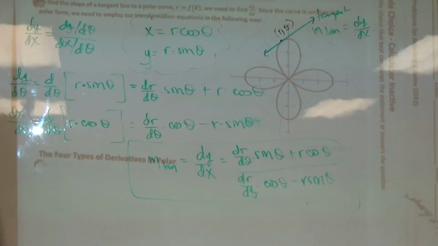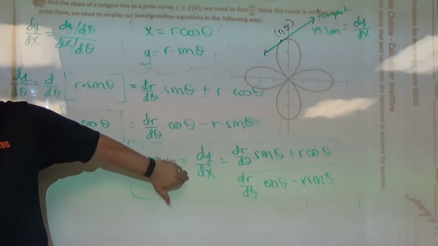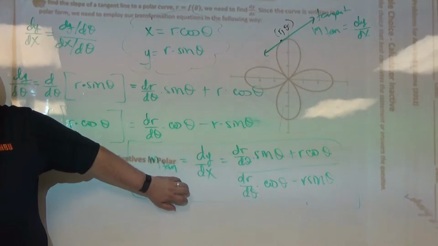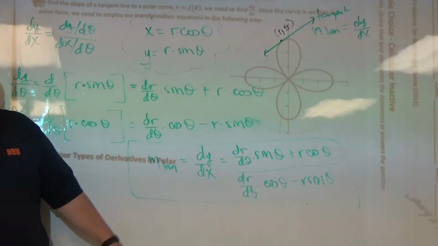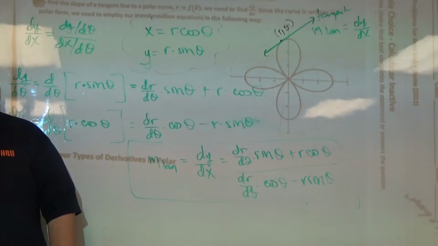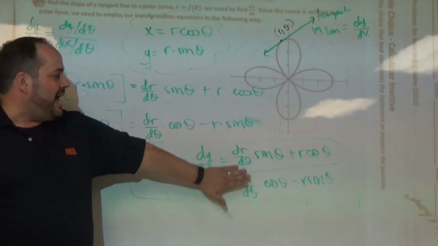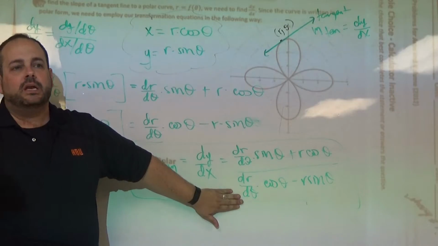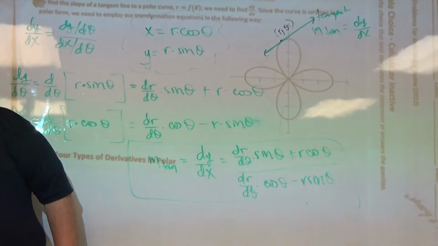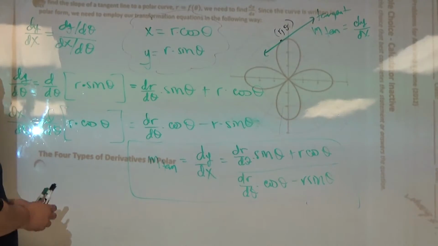Honestly, I would not bother. I truly do not have this memorized ever. If you came up to me 10 minutes after class was over and said, hey, Mr. DeRozier, what's the slope of the tangent line in polar form? I'd be like, hold on, wait a second. I don't have this on lockdown. And I don't need you to have it on lockdown. The part that you do have to have on lockdown is you need to remember that